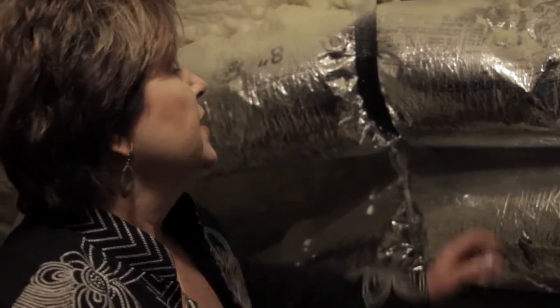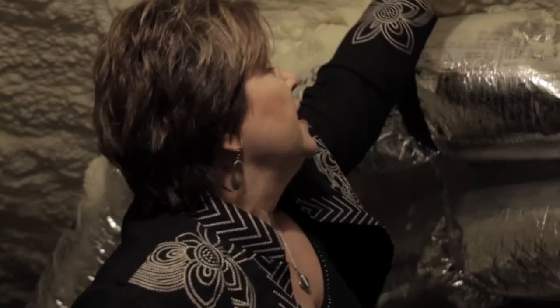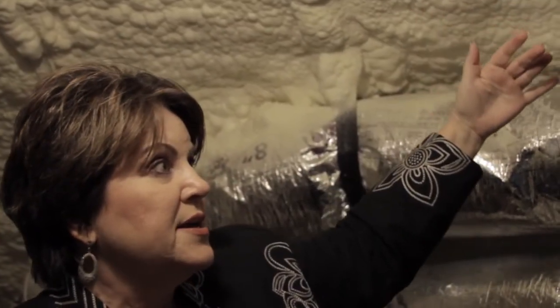Here in my own home's attic, and as you can see, what I've done is I've had this foam sprayed in. What this does is it makes it a closed system. You know, my roof decking now is considered the outside of the envelope versus having the floor of my attic or the top of the insulation being the outside edge of the envelope. And so what this does is, in the summer now, it's 78 degrees no matter what the temperature is outside